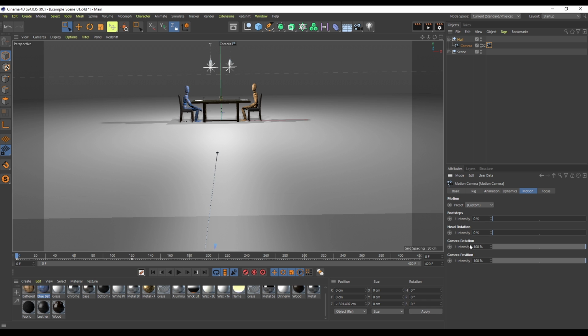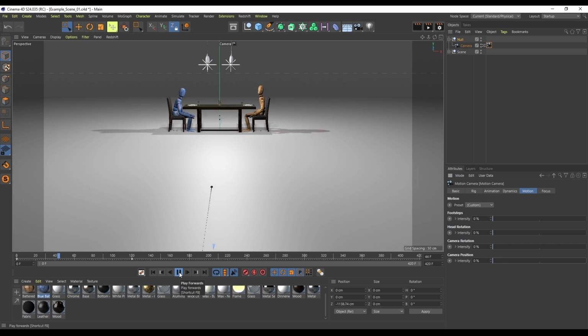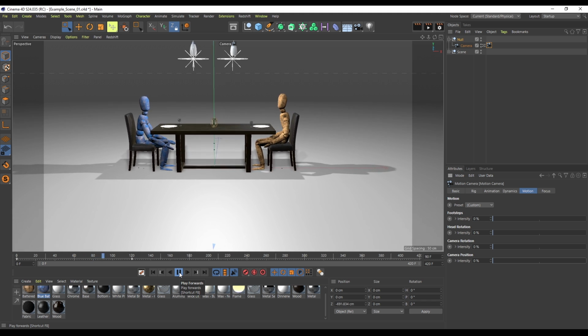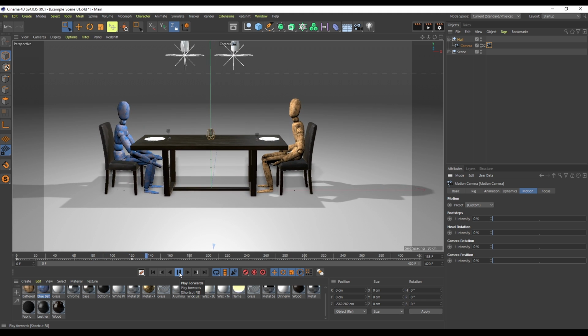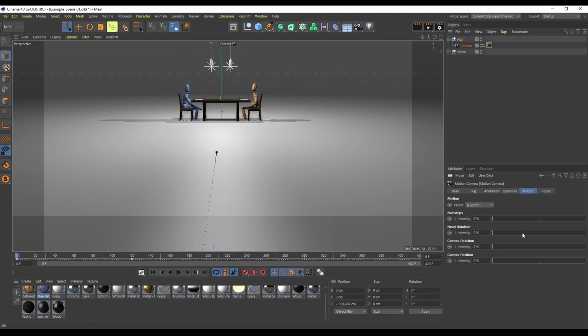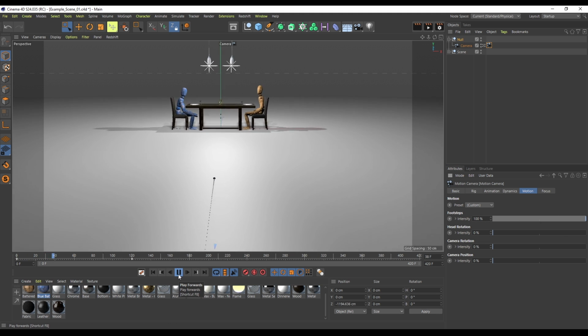We just have camera rotation and position. So let's zero all of that out. Now when we hit play, it kind of just looks like a track, basically. It is just a standard track on our scene. However, look, if we just put on footsteps, and obviously going full maxed out, we then get boom, boom, boom,